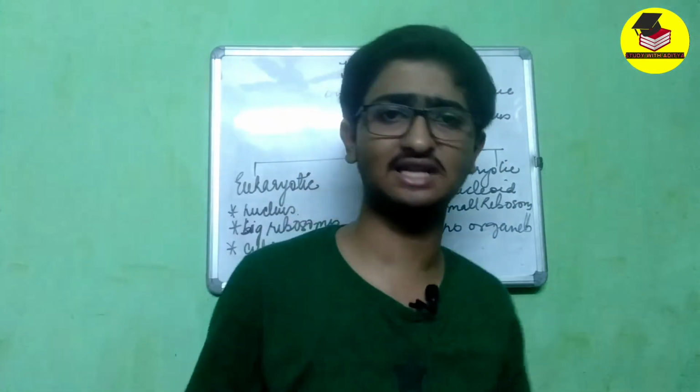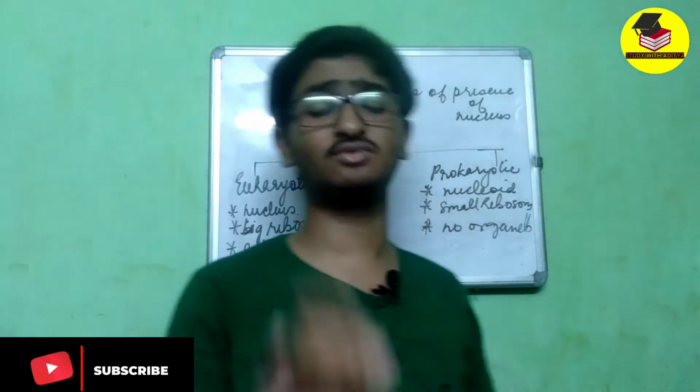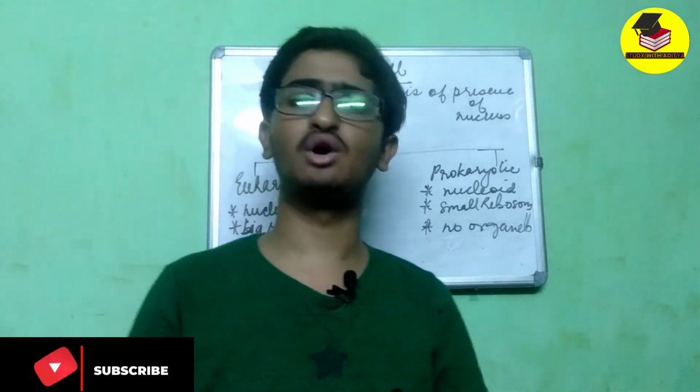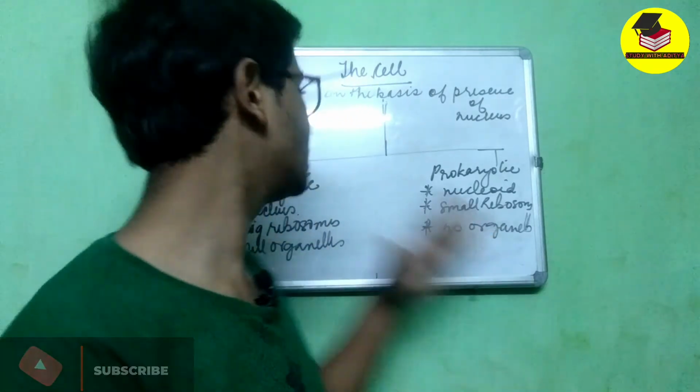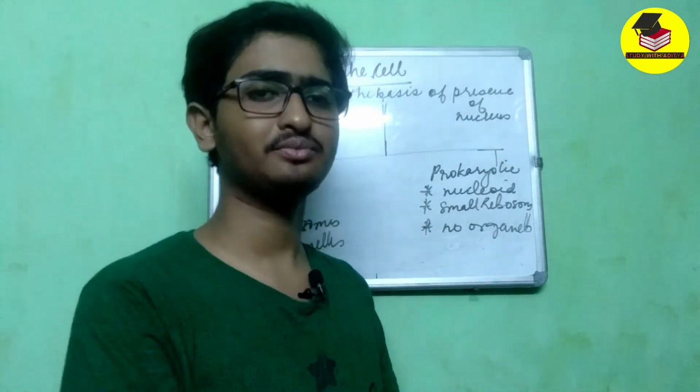Other things like membranous extensions such as mesosome and plasmid may be present in other cells, but the other cell organelles are not present when we generalize the view of the cell. So this is what a eukaryotic cell is and this is what a prokaryotic cell is.